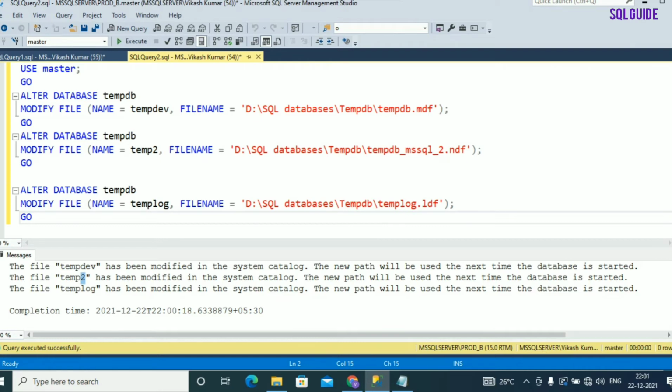You do not have to physically move the data file and the log file. The files are created when the service is restarted. Until the service is restarted, tempdb continues to function in the same location.